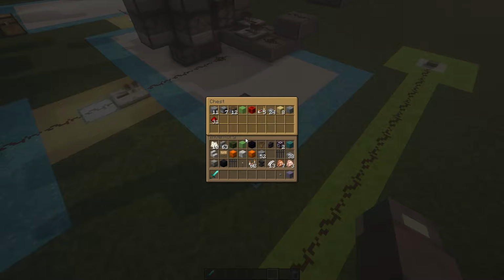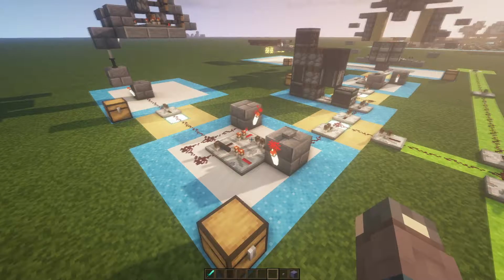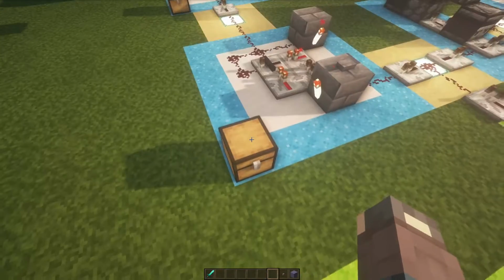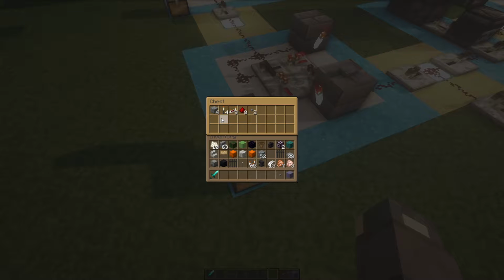For the piston door, you're going to need the following: 11 blocks of your choice, 7 furnaces, 12 sticky pistons, 1 slime block, 1 redstone dust block, 5 redstone repeaters, 24 slabs, 8 yellow concrete blocks, 1 chiseled stone block, and 31 redstone dust. Now, for both of the button to lever action circuits, you're going to need 4 blocks,